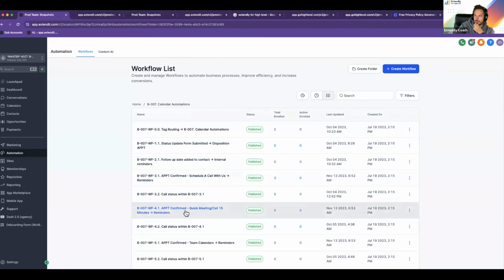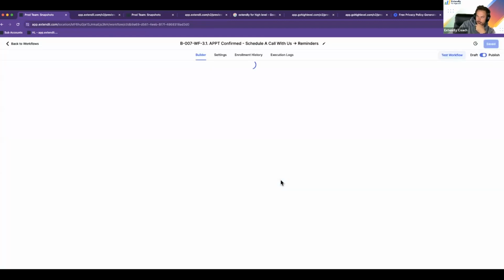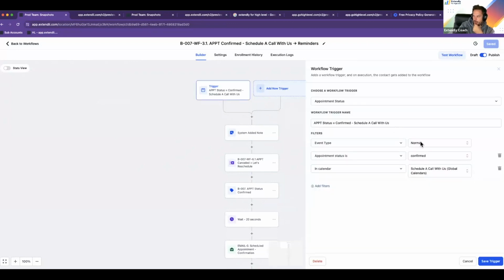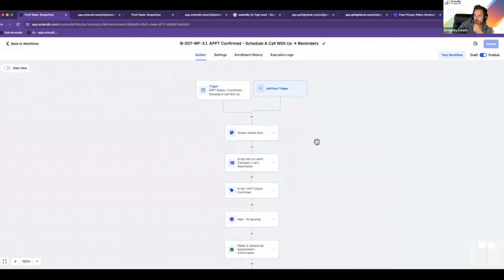It's going to be in all these appointment confirmed, like the 3.1, the 4.1. It'd be in the trigger, that event type. Yeah, set it to any. And that's one thing I would say,